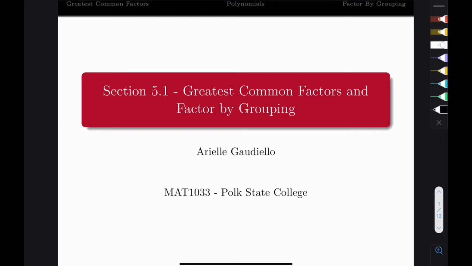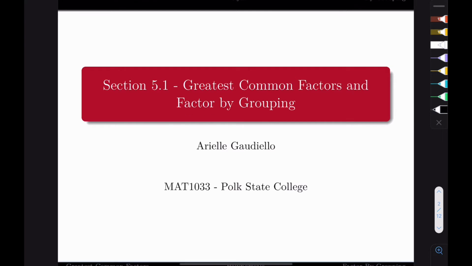Our next unit's focus is going to be predominantly on factoring. So we're going to go through factoring processes, special types of factoring, and factoring by grouping, and then we're also going to see how to use this factoring to solve equations. So we're going to start with figuring out what the greatest common factor of something is